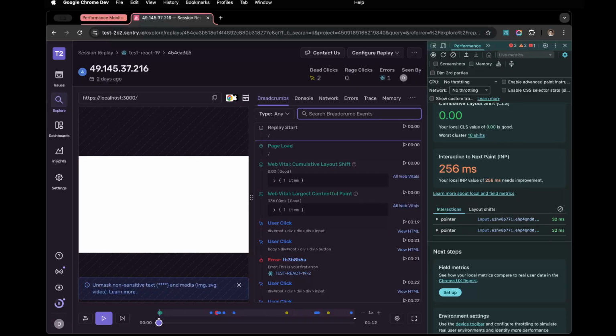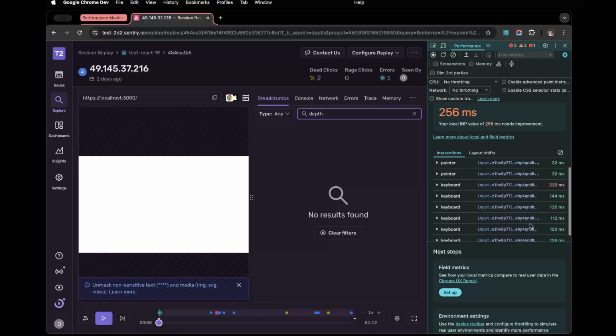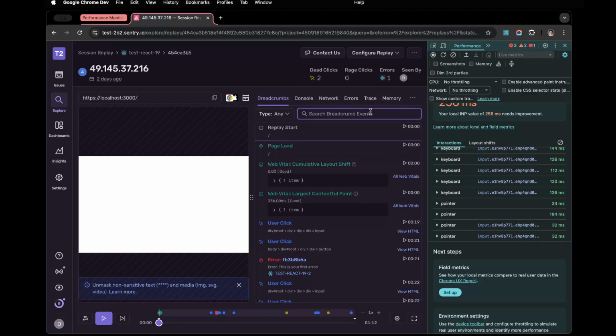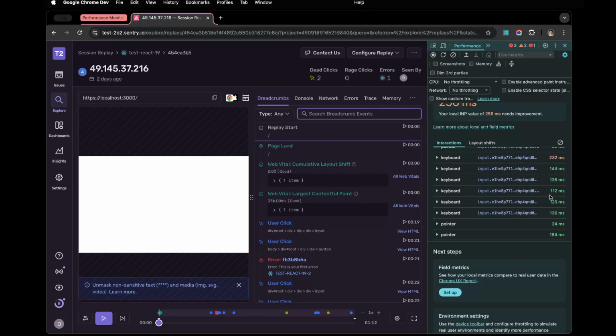So let's type that, and as you can see in here, this is keyboard, meaning a keyboard event or key press. It took 232 milliseconds. That's the 232 milliseconds for INP. That's quite a lot. So when I type that one, that's the duration, and the others took 136 milliseconds. The problem here is that whenever you type, personally, 144 milliseconds for typing